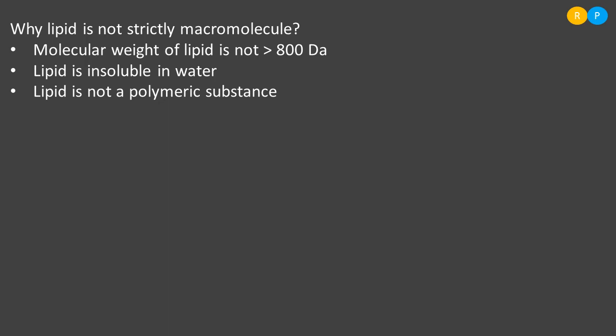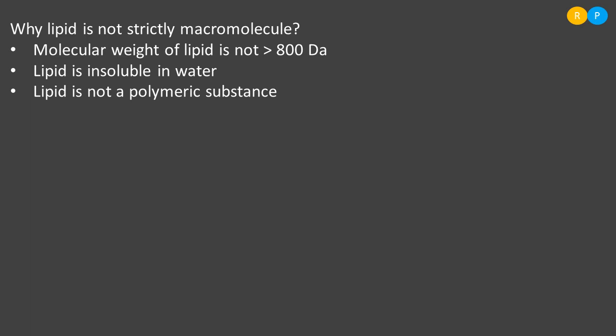This is the reason why we are not able to consider it as a macromolecule. If lipid were a polymer, we could consider it as a macromolecule, but lipid is not actually a polymeric substance. There are no monomers here, so it is not a